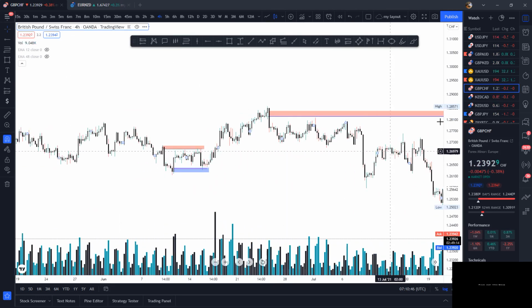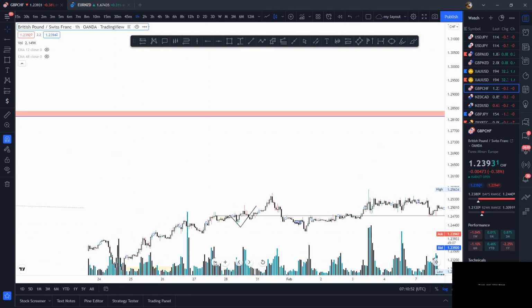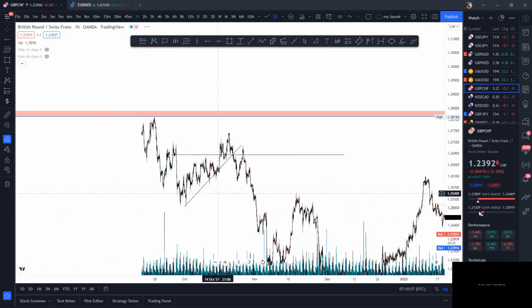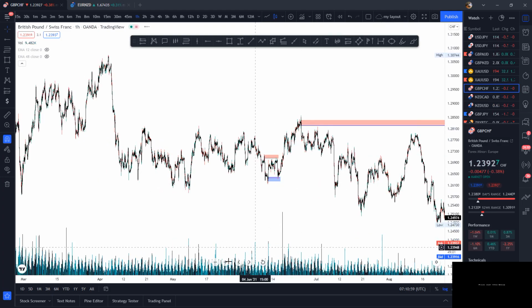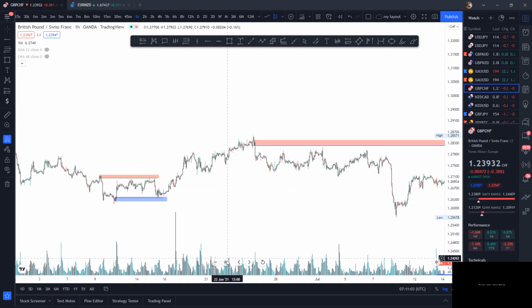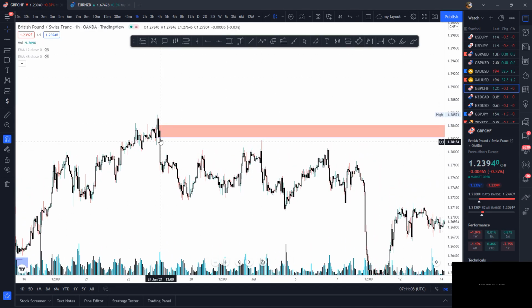So now, how is the 4-hour or 1-hour chart? Once this area hasn't been mitigated yet, I wanted to show you an example of how I'll do it. So for instance, if you look at this, we have a drop, we have a base,